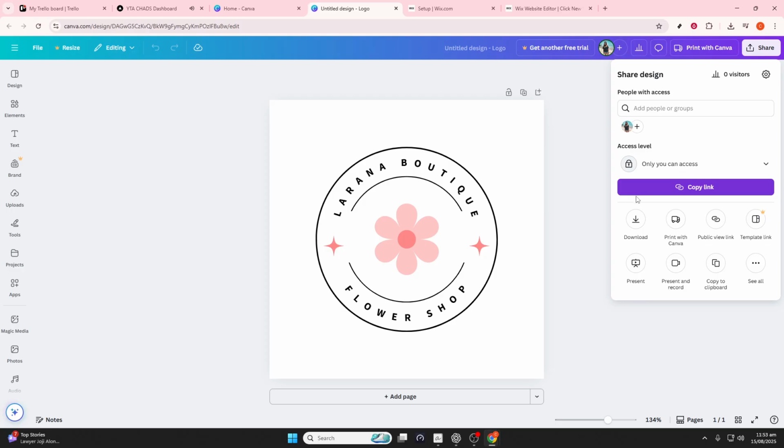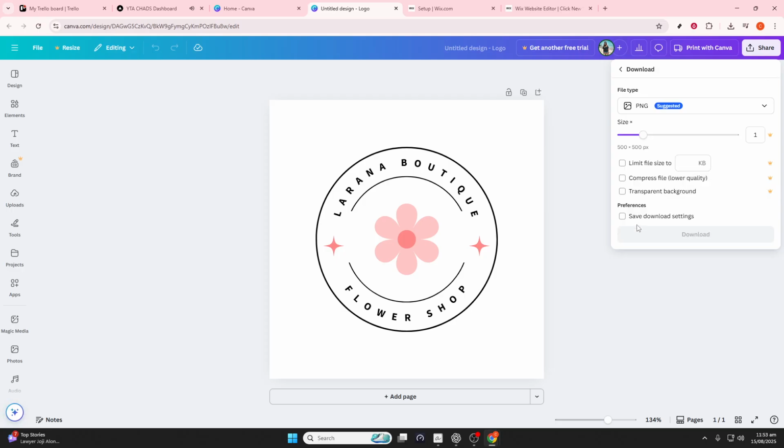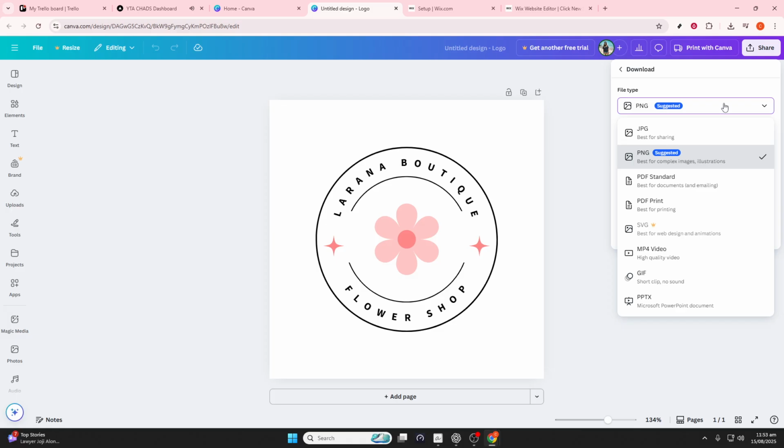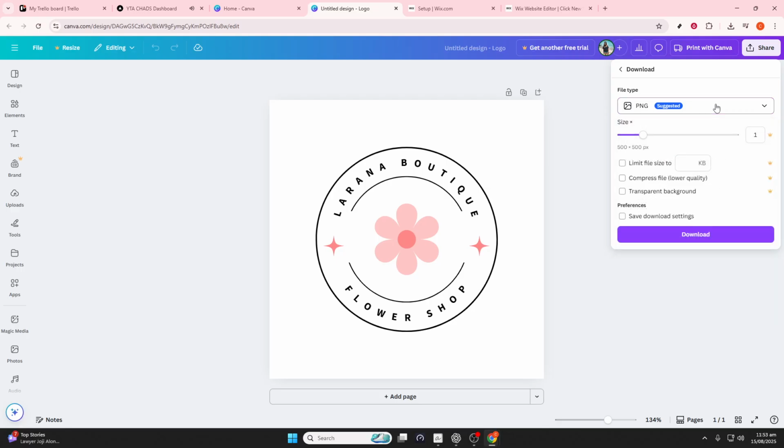From here, navigate down and select the option to download your design. You'll need to choose a file type that best suits your needs. For high quality images that might include transparency, such as a logo, opt for PNG. If you're going for a fast loading image for web backgrounds or banners, select JPG. For documents or print, PDFs are ideal, and if your Canva project includes animations or a video, go with MP4